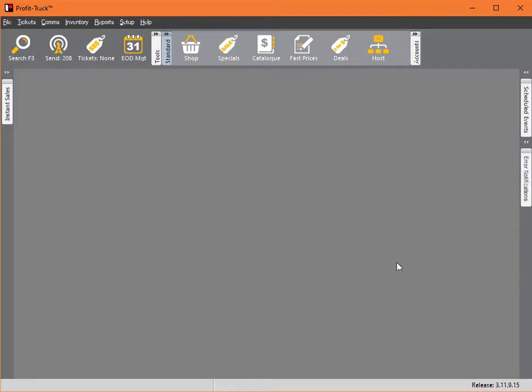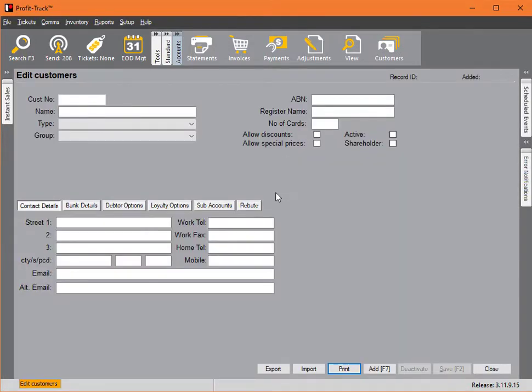So in Profit Track, to create a debtor, we need to go into the accounts and then into the customers section. So I'll break this down and we'll create one together. So we'll click on add